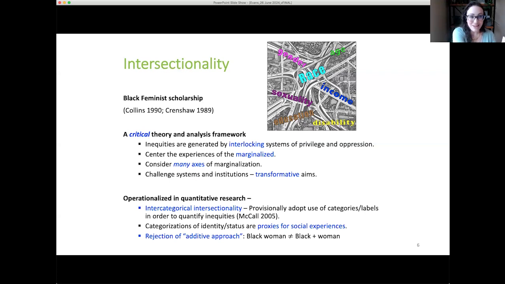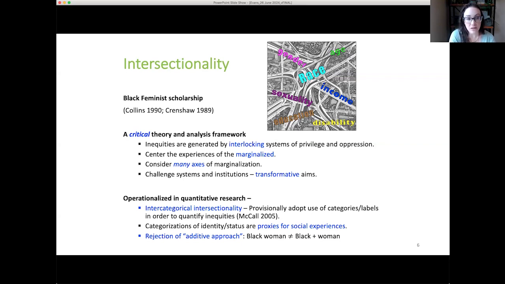So as we take this theoretical framework and we bring it into the realm of quantitative analysis, some useful terms are intercategorical comparisons. So Leslie McCall had a nice description of various types of intersectional scholarship, which include anti-categorical. We're going to critique all label making in the first place, and it's been an amazing branch of work. Or intra-categorical, where we will pick some particular social group or positionality to really focus our attention on, perhaps with qualitative or mixed methods work. And then intercategorical, which is what we're doing more here.